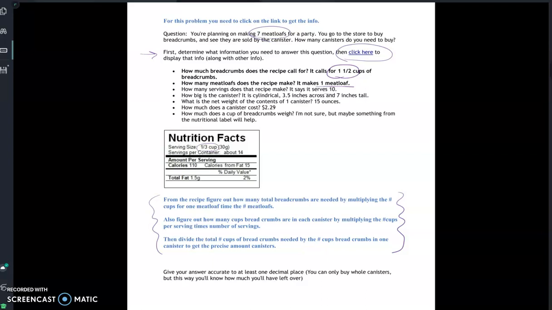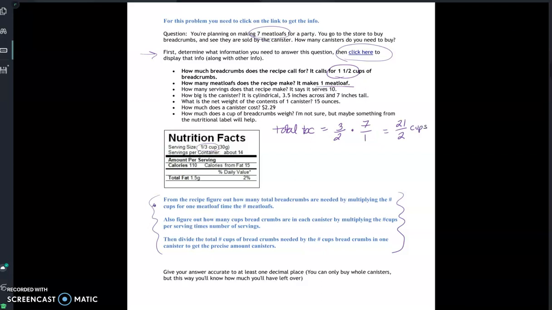So the total number of breadcrumbs, we'll just say BC, is going to equal 1.5, which would be 3 halves as far as the cups go, times 7 for the number of meatloaves. And yours could be different. They're algorithmically generated, so check that. I'm going to write that as 21/2 and just leave it as an improper fraction right now. So the total number of breadcrumbs we need is 21 halves